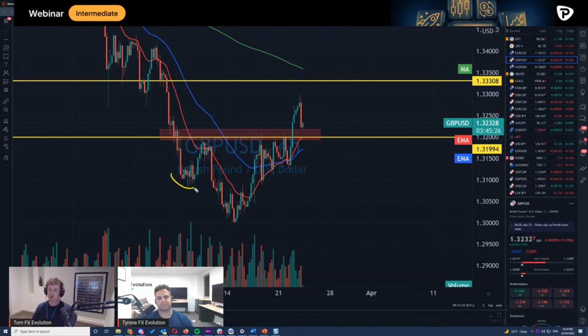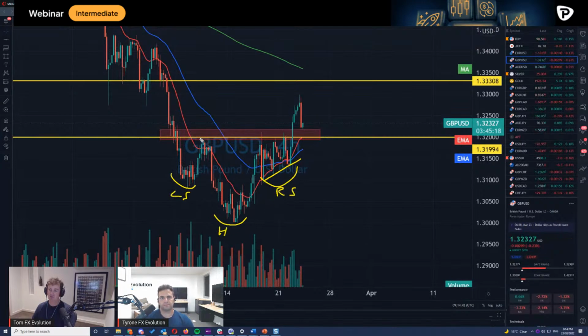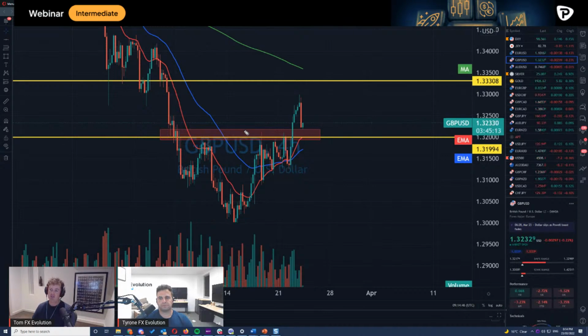Yeah, so I mean, we've also got, I think, here a bit of a pattern that's formed, and that pattern is potentially inverse head and shoulders, where you've got the head, the left shoulder, and the right shoulder, and we just have an amazing level of role reversal here, Ty. And how this is going into what I would call a box. So generally, when you're drawing support resistance, a beginner trader will say, I have to have a certain price. I remember that, Ty.